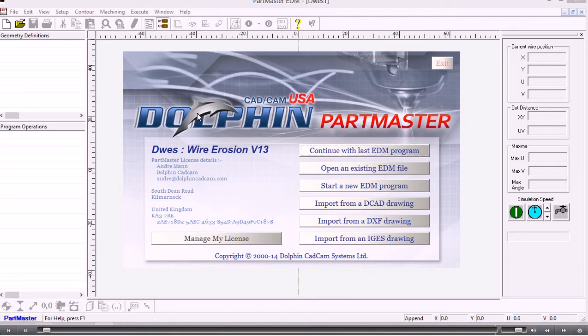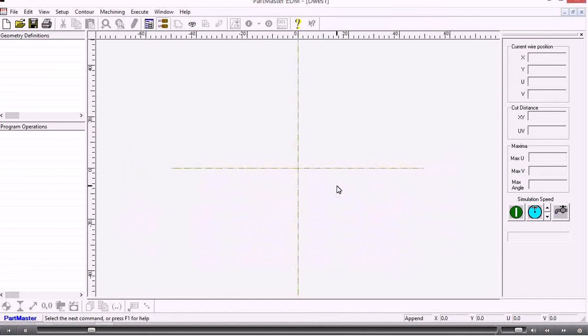This is the introduction to the Dolphin PartMaster wire erosion module. So from the desktop I've double-clicked the EDM icon and I'm presented with this start screen. If I want to start a new EDM program, I click here and I'll explain how the screen is